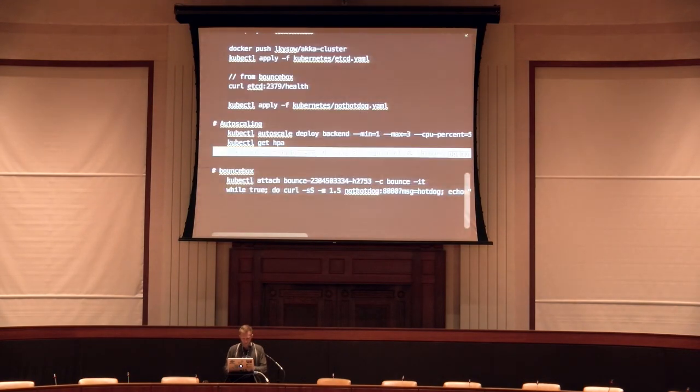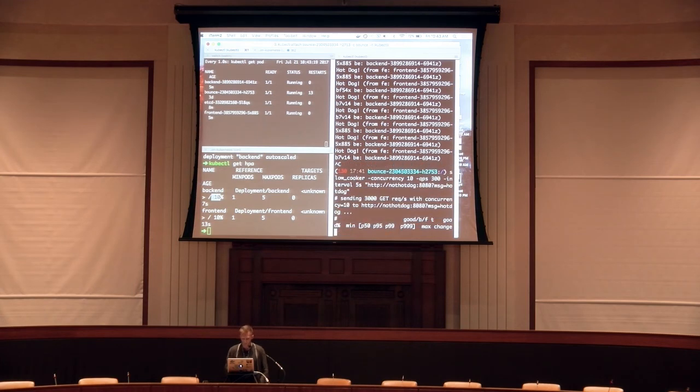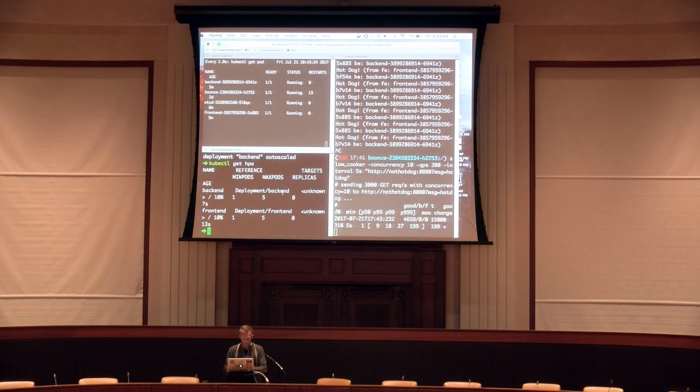So let's do it. This is called slow cooker. I should really use Gatling, but here we are. We're going to hit it with 10 threads running 300 requests per second, and it's going to report back to us every 5 seconds, and we're just going to hit that same endpoint. Here we are, we're just running 3,000 requests per second, and hopefully,